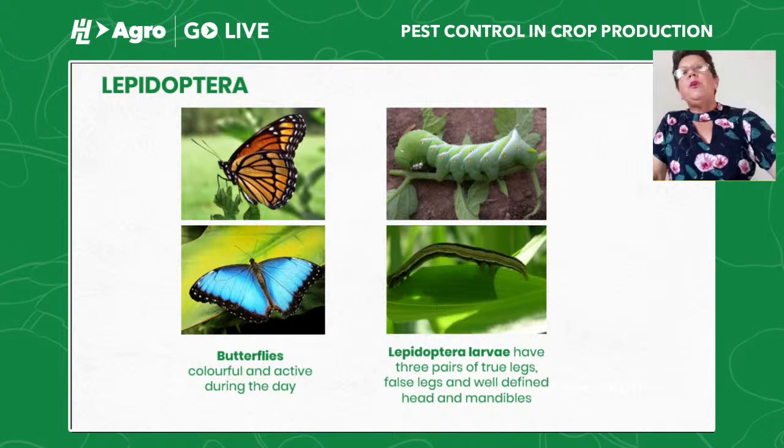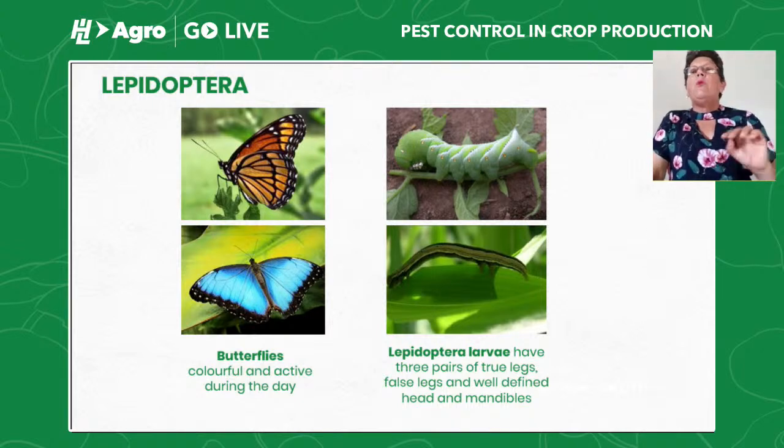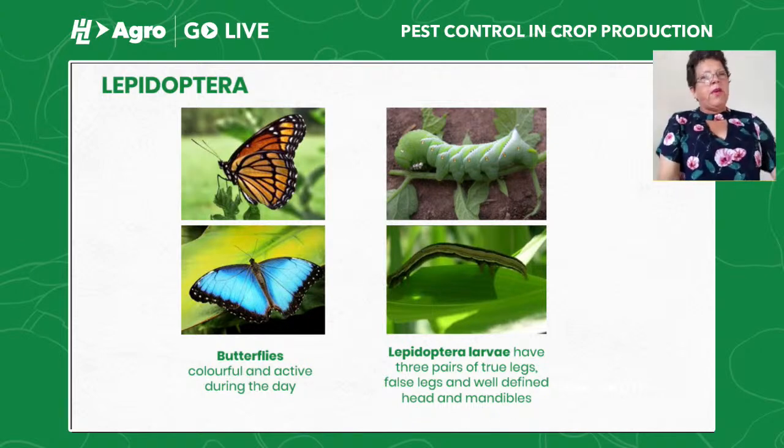And it's unique that you learned that, because against this group, there are very good molecules to be able to control them without affecting other pollinators or beneficial insects. There are very unique molecules to control Lepidoptera, and they're very green or blue label. Very good molecules. So that's Lepidoptera.